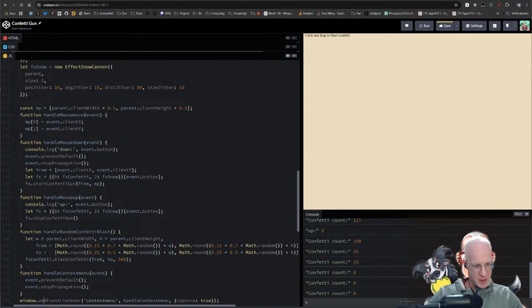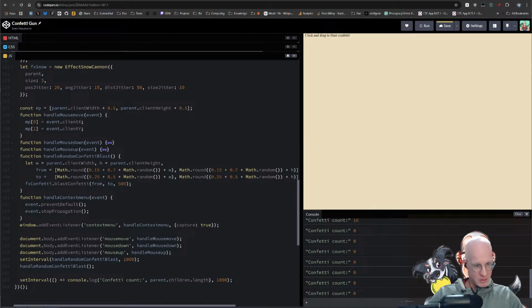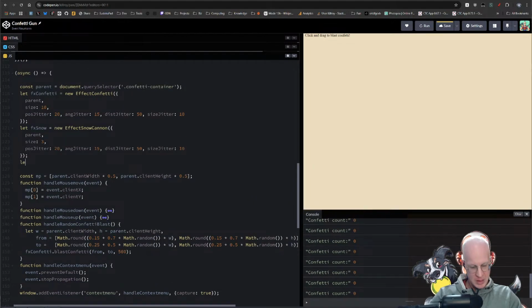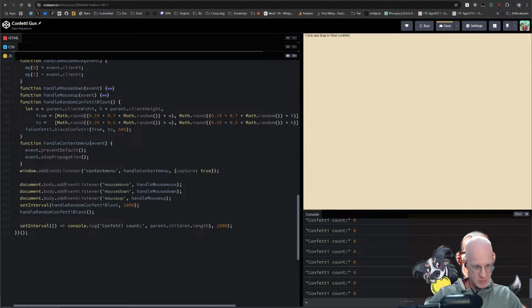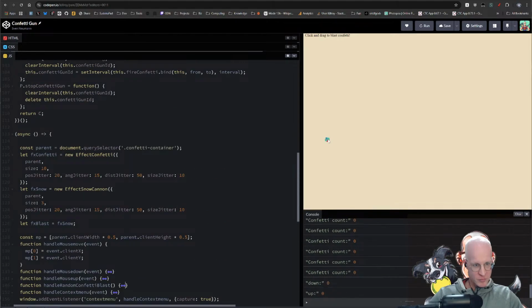And then we'll just say handle confetti blast. And here we'll just say let fx blast equal fx snow. And then in the blast handler here, we'll just call it that. Boom. And if I refresh that,